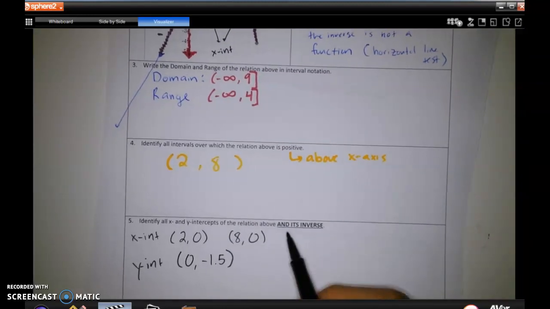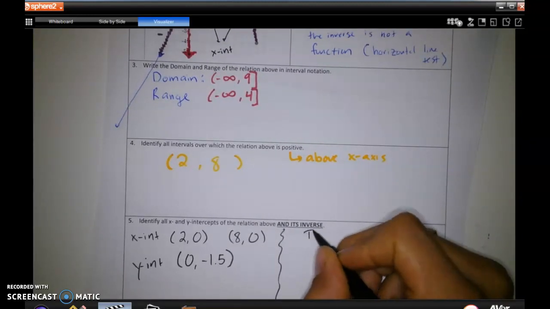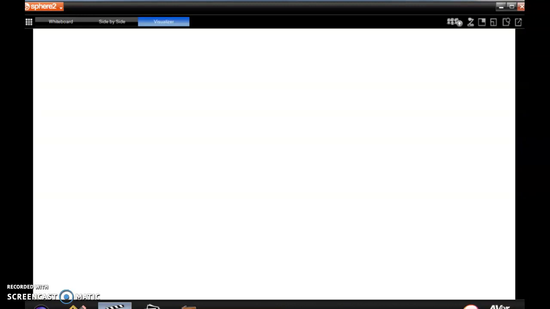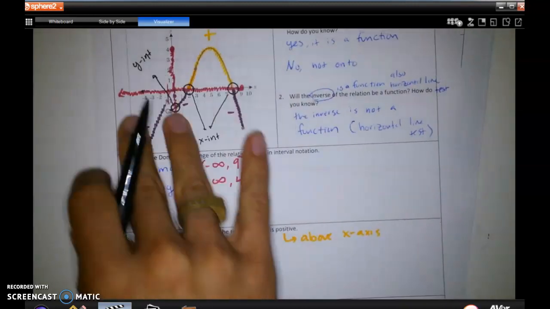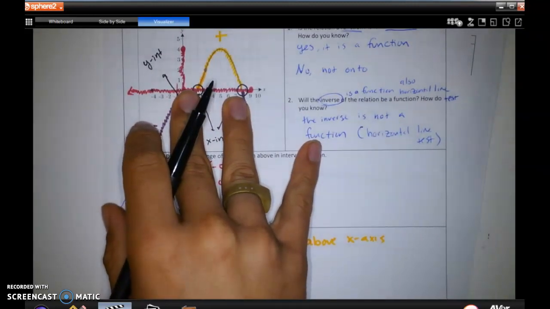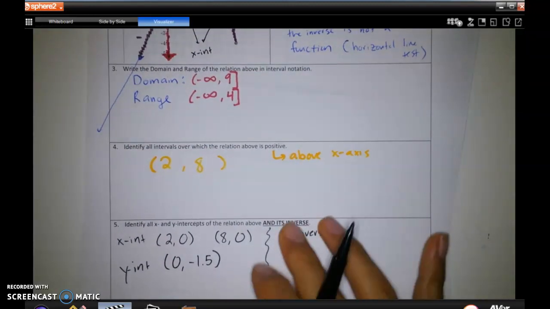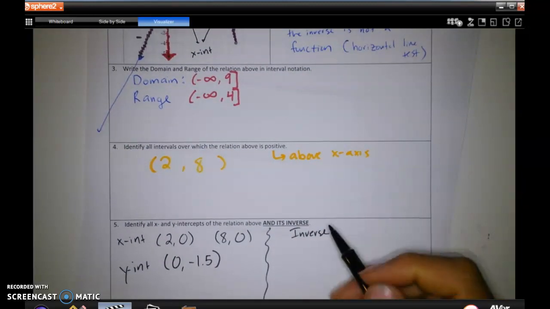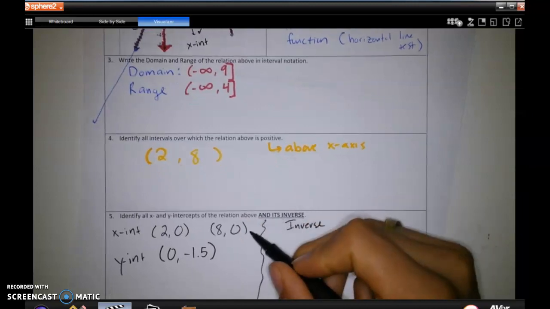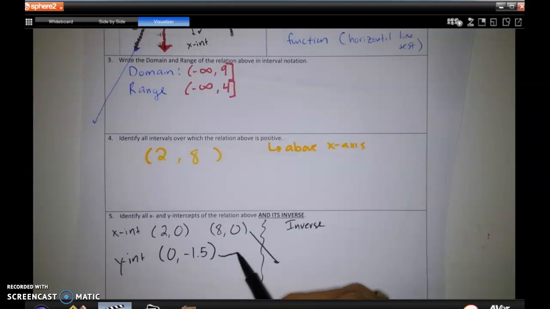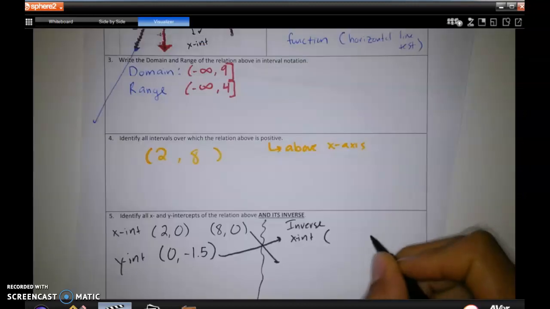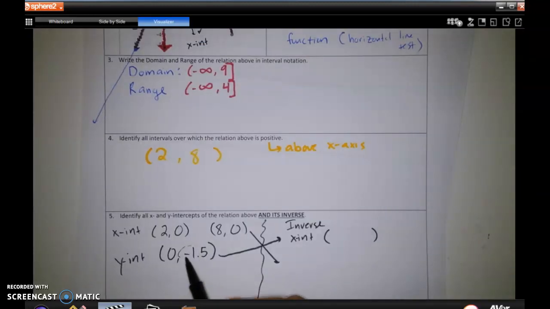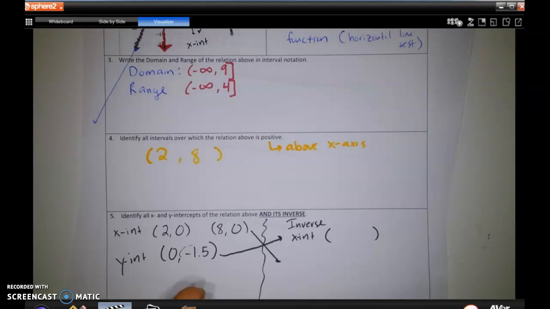Now, for the inverse. To determine the x and y intercepts of the inverse, which we cannot see, this is not the inverse. This is the original function. What we're going to do is just switch these two. So our x-intercept, the only thing that changes is its location. When you do an inverse, or when you're working with an inverse,